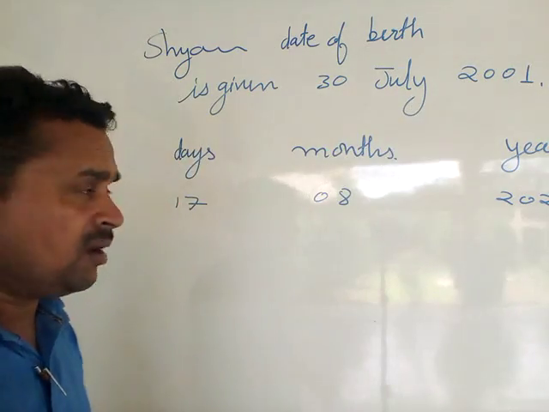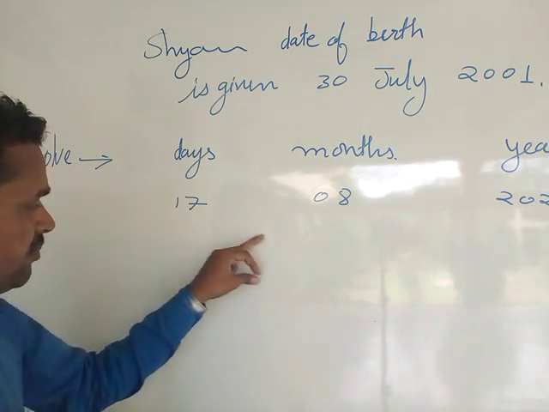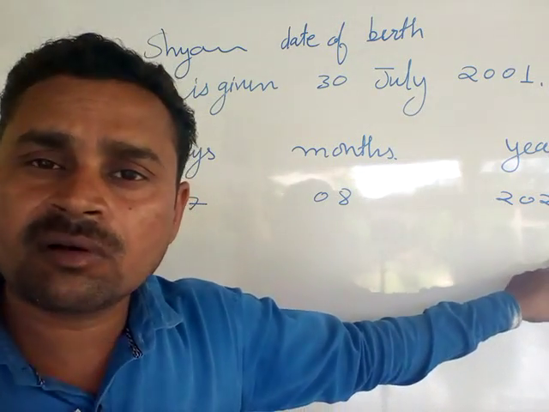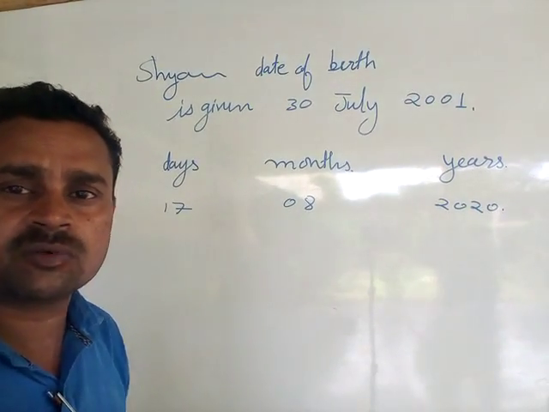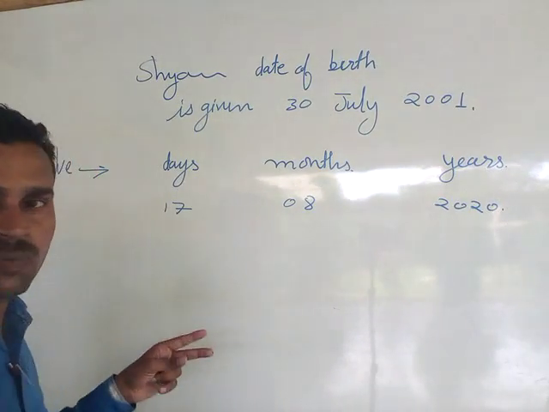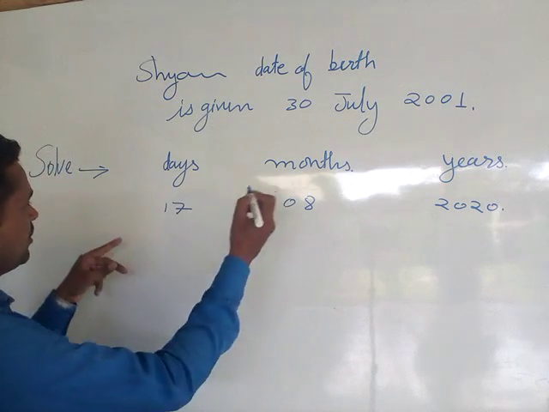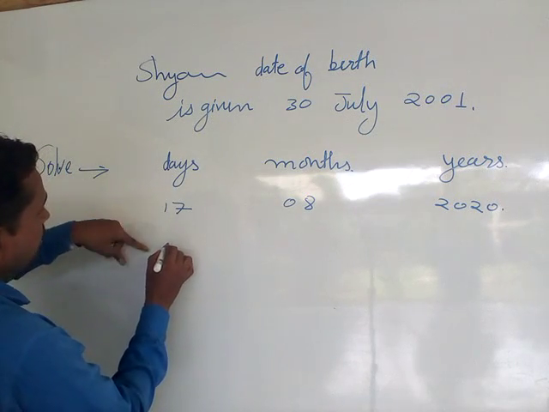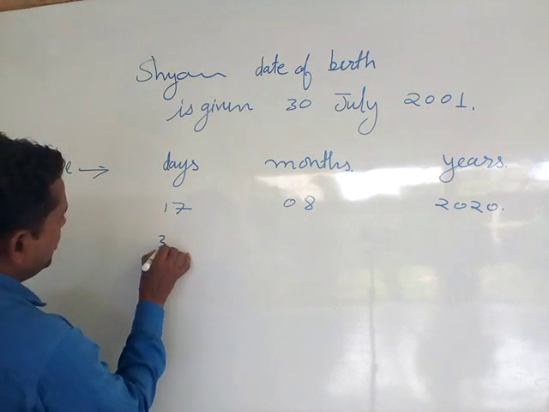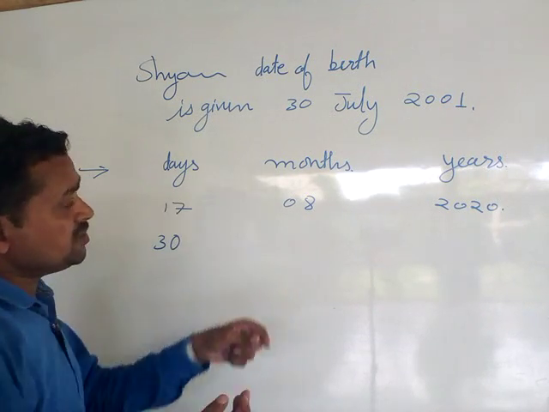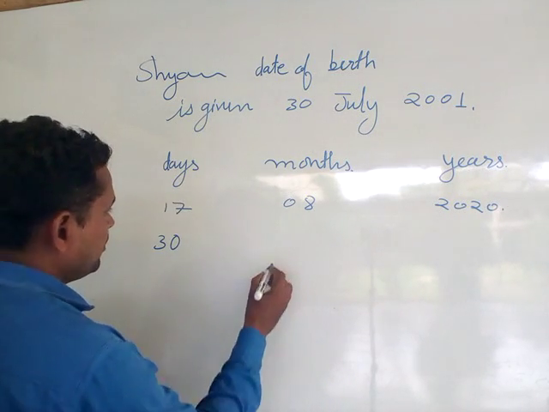Okay, well, now we can put here the date of birth of Shyam. It will be very easy for all the students to understand what the fact is. You can put here today's date, which has been written here. The date of birth you can write here as 30 July, which means month 7.